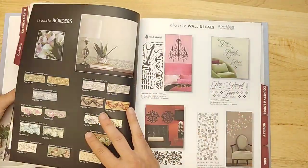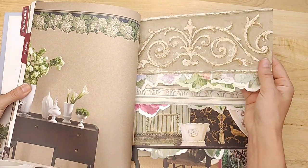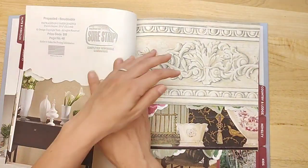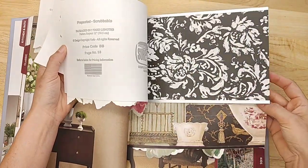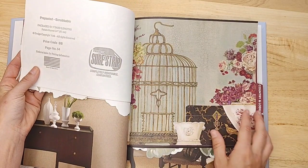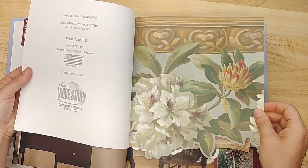From when I get it, it's not always in there, but usually I have at least one pack available. So check Lindsay's Supplies and sometimes Marketplace Supplies. Sometimes one of my suppliers has found wallpaper, and we try to find wallpaper for all of you so that you can get it